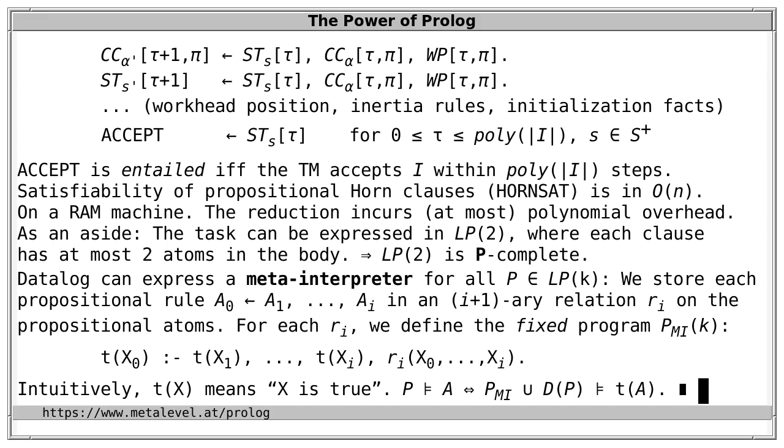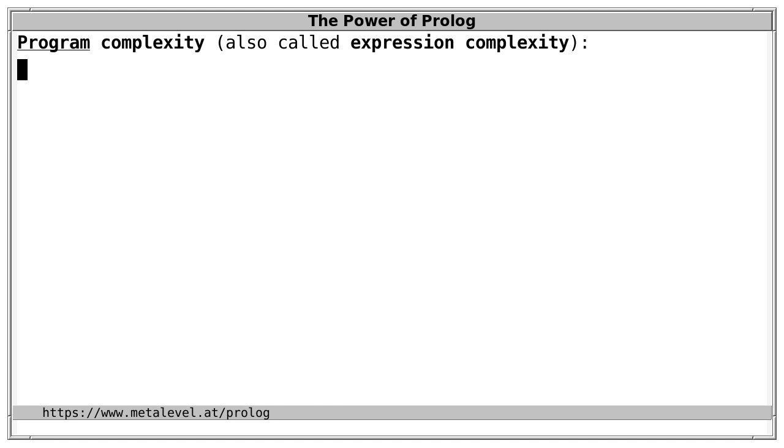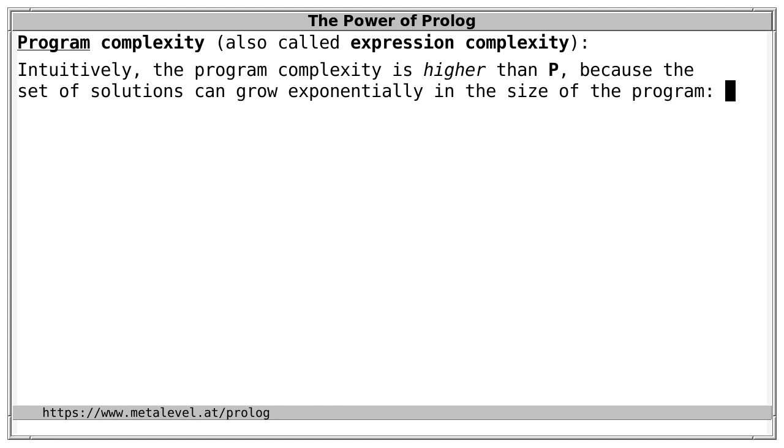And that was just the data complexity, while leaving the rules fixed. And we get even more power if we allow changes in the rules. And the associated complexity is called program complexity, and also expression complexity and query complexity. Intuitively, the program complexity is higher than P, because the set of solutions can grow exponentially in the size of